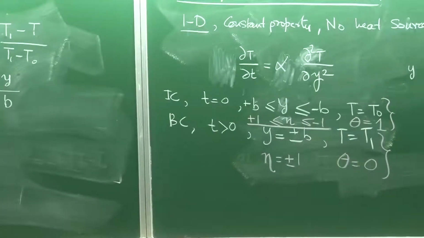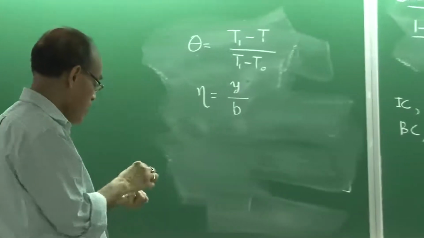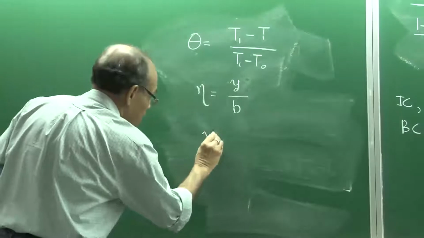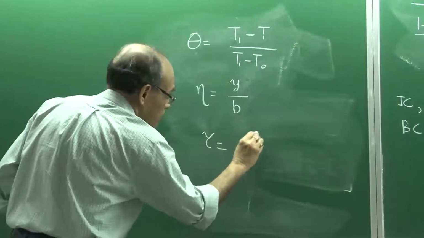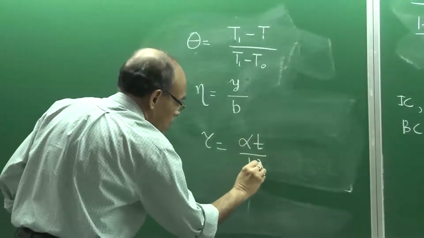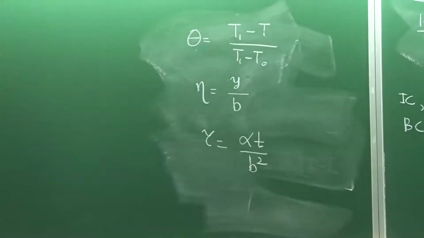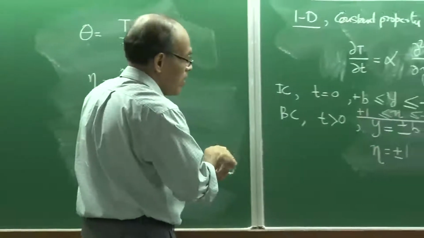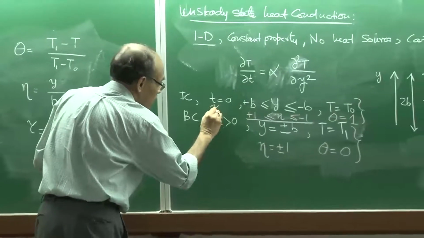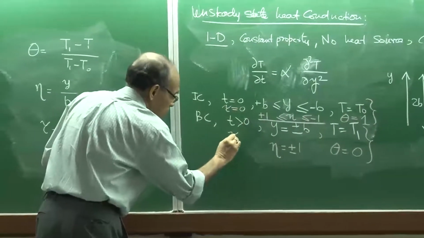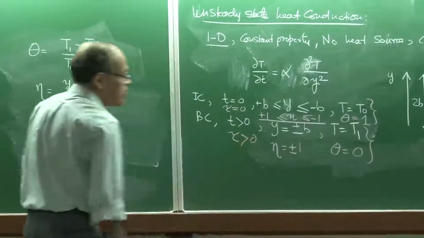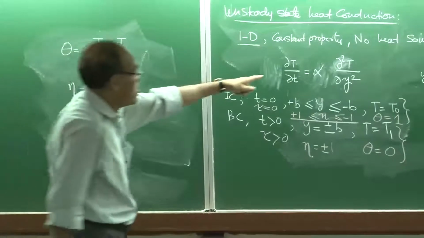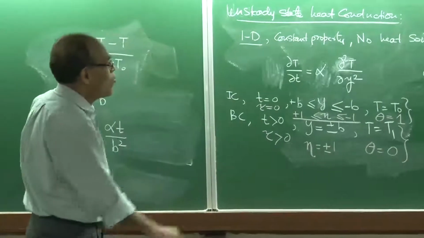Now, two parameters are there, and then I say that we introduce another parameter which we call the non-dimensional time, and this is... So when t is equal to 0, therefore I can write here tau is equal to 0, and this is tau is greater than 0. So, I have transposed the equation, and if you substitute this here, then what you are going to get is